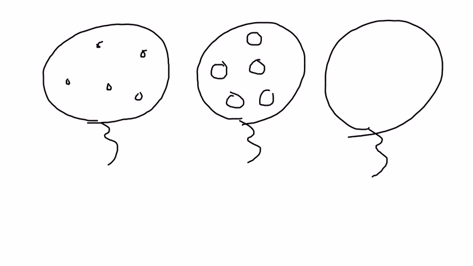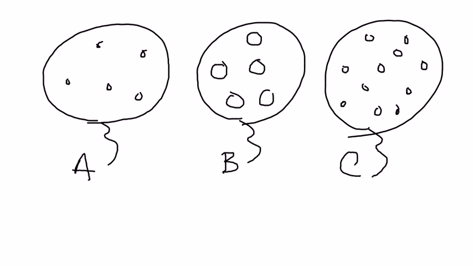I have another one. It's just that the particles are a little bit massive in the second case. Let's call this one A, let's call this one B, and I'm going to give you another C where I have a greater population density. And if somebody asks you which of these samples of an ideal gas has the greatest pressure,